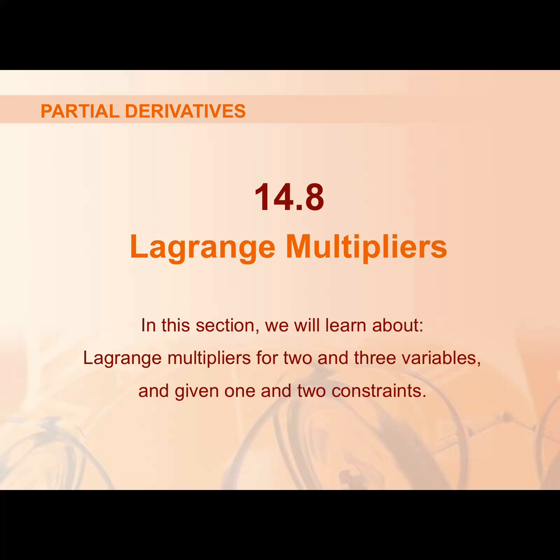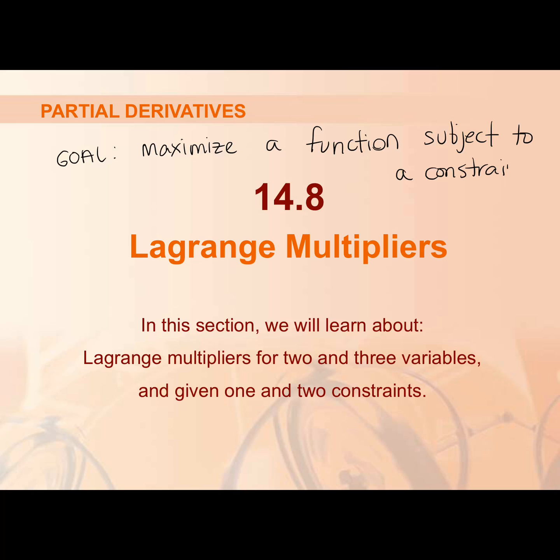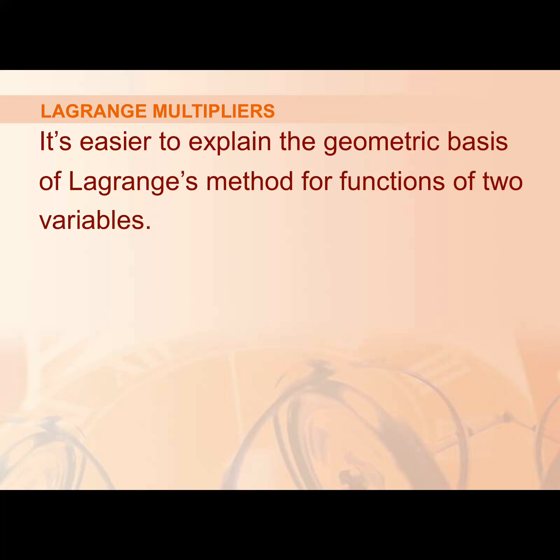The goal is always to maximize a function subject to a constraint. So what this means is that whenever we are in a situation to apply the Lagrange method, we're looking for what is our function and what is the constraint. Okay? So just to explain how the method works, we're going to look at an illustration for functions of two